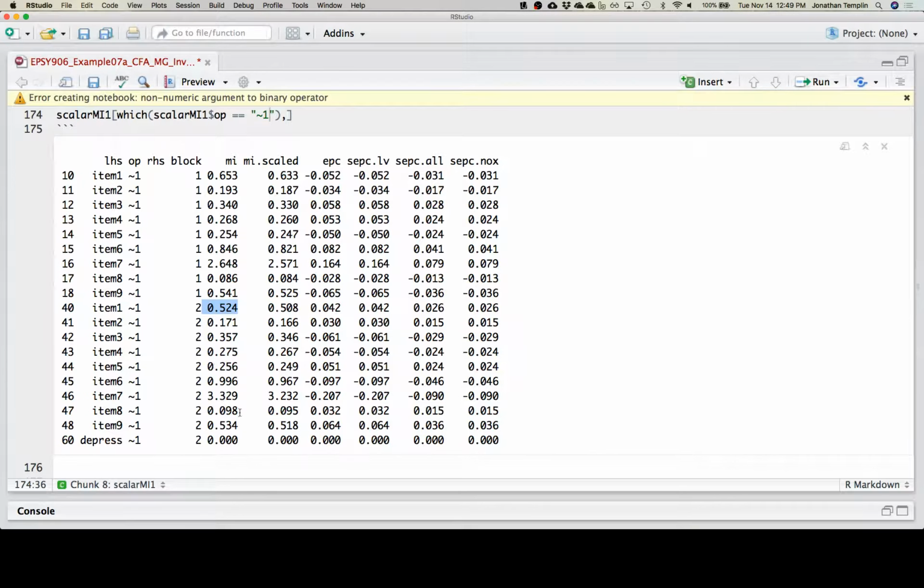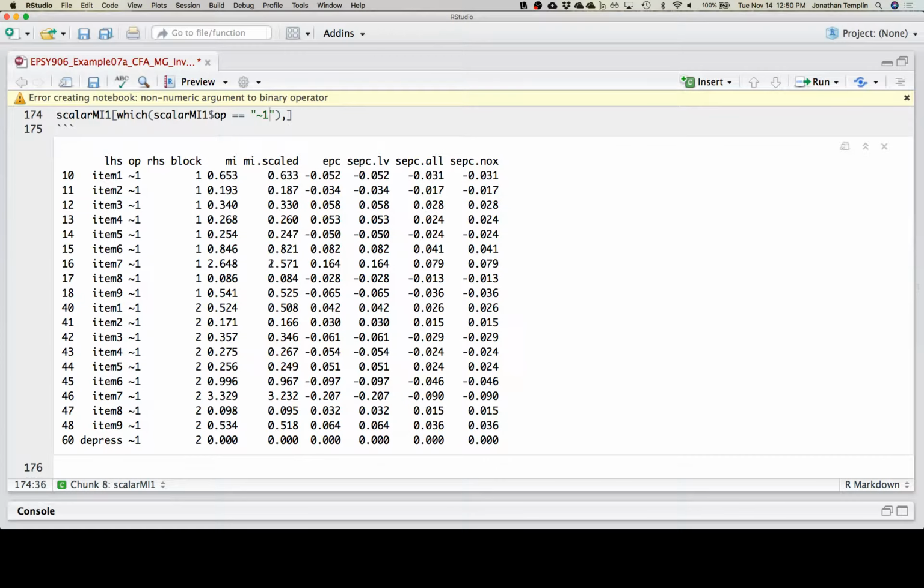What I do when I look at this is I look under mi.scaled, and I look for the largest modification index. In this case, it's item 7 for group 2. So it tells me if I were to modify my model, the first place I'd go to is item 7. And because I only have two groups, if I modify item 7 for group 2, effectively I'm modifying it for group 1. Those are the two that have the two highest modification indices. When you say modify, what do you mean? I would go and free the parameter. So I would make this what we call a partial invariance model by allowing the intercepts for item 7 to vary across groups.